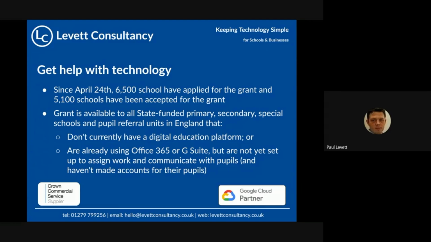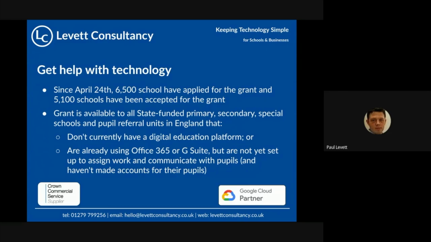But what we have been asked by the DfE, for those schools who are outside of the scheme, is to make sure that the funding price the government has agreed gets quoted to the schools. So effectively, all the schools are treated exactly the same. They all get basically the same funding arrangements. If you're not funded, you get the same cost arrangements, which is £1,500 for primary schools and £2,000